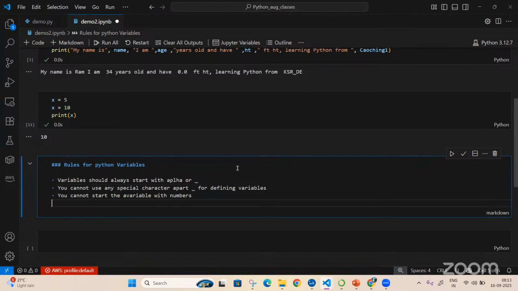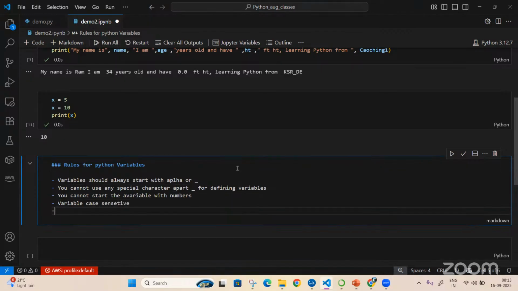Fourth rule is variables are case sensitive. And the last rule is you cannot have spaces in variables that are defined.